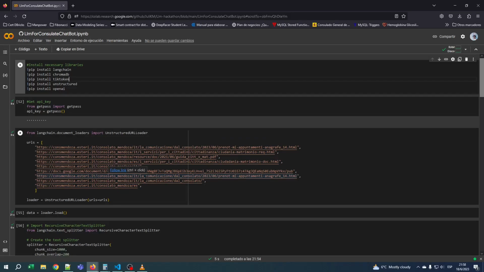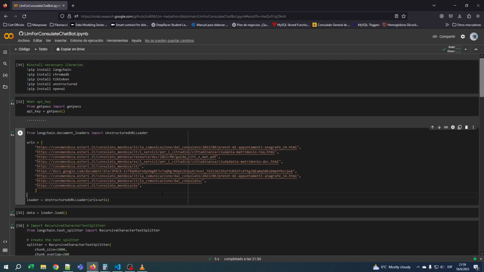Here I'm going to explain the application that I wanted to do. The idea behind these applications was to train a bot to help with some questions that people have when trying to address the procedures for getting appointments and what papers they need to get Italian citizenship here in the Italian consulate at Mendoza. So what happens is that there's a website with all the information, but sometimes people get